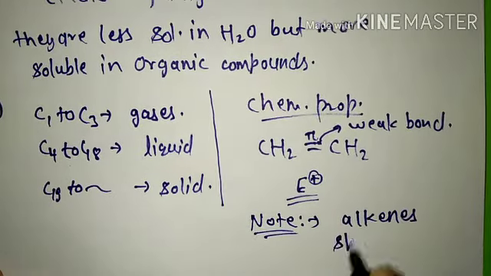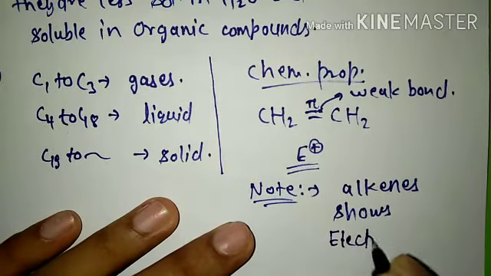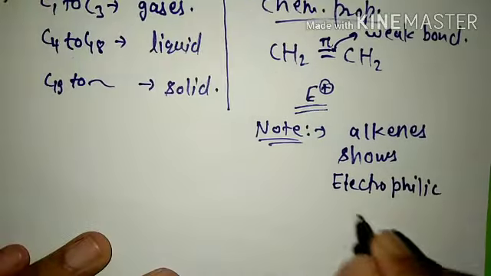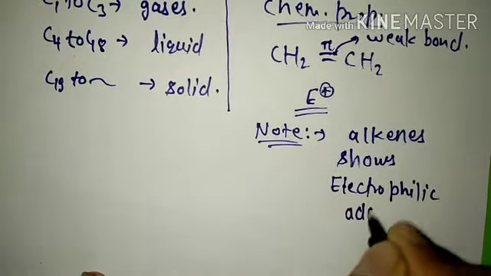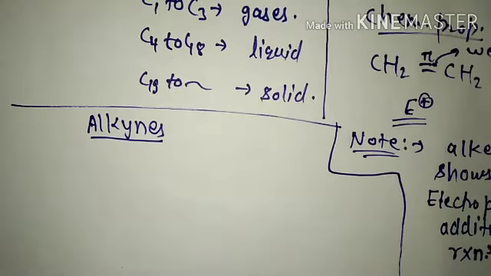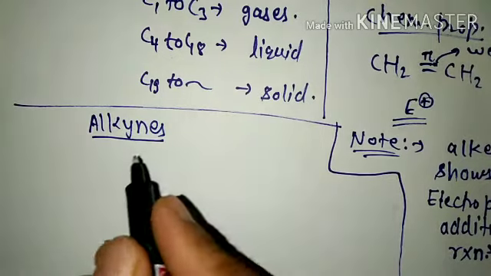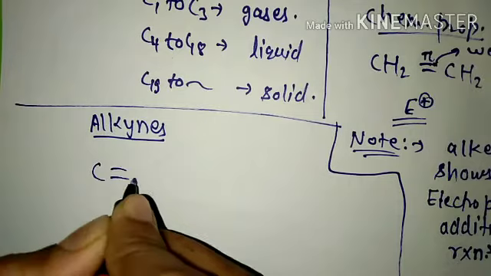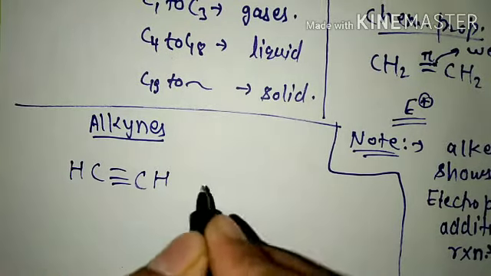Alkenes show electrophilic addition reactions. So let us talk about alkynes. Generally its physical properties are similar to those of alkenes. It has a triple bond between two carbon atoms. So it also shows electrophilic addition reactions,